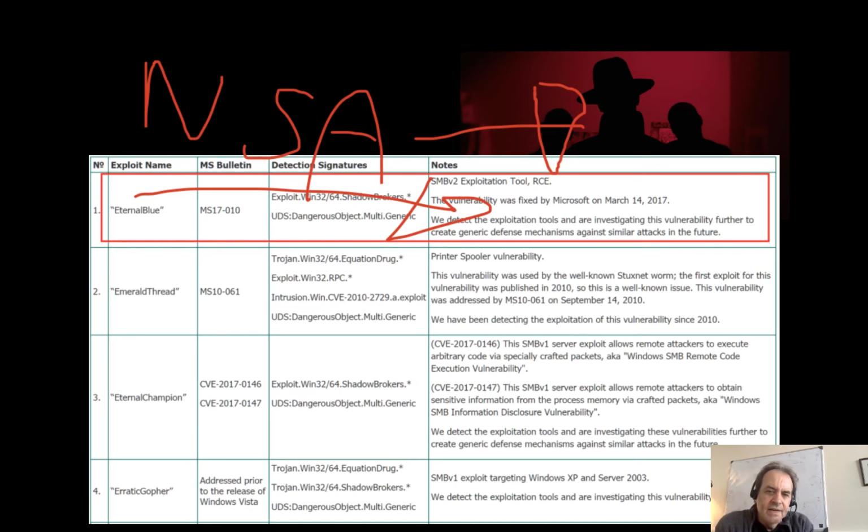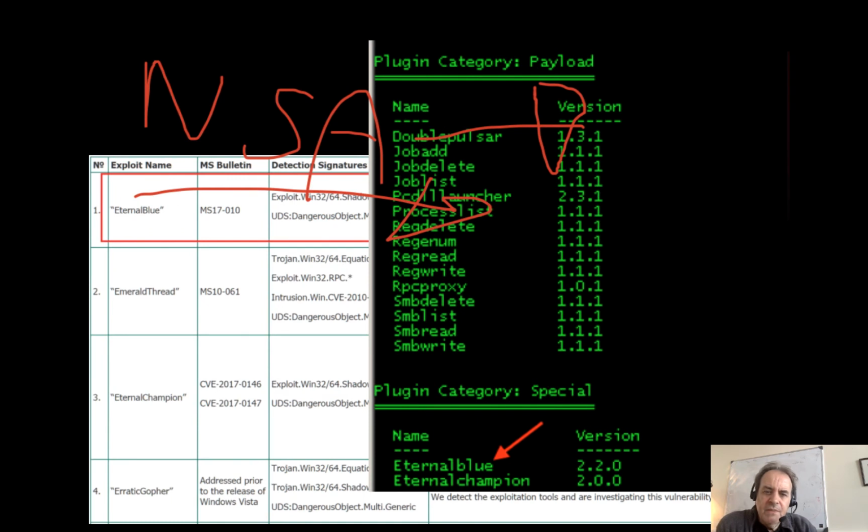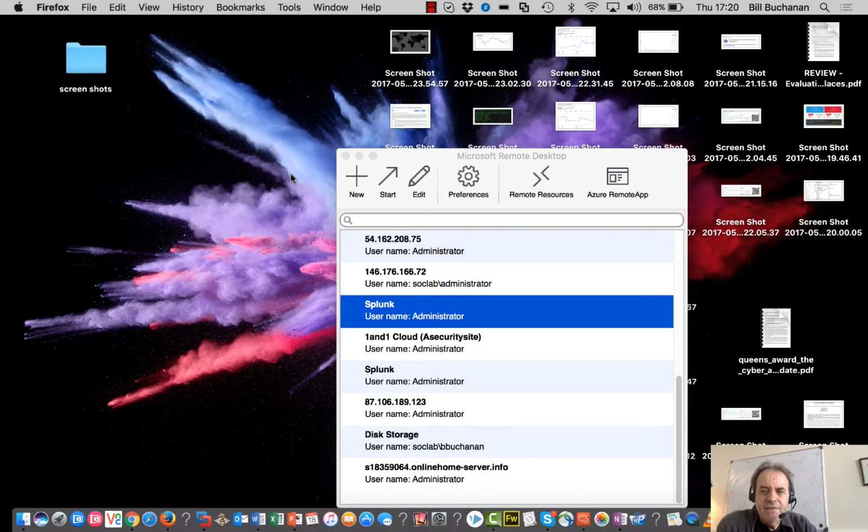WannaCry ransomware. And as part of this framework here, so this framework had a number of vulnerabilities in it, and it was used to be able to compromise network systems. But then it was released, and Microsoft released a vulnerability assessment for it. So WannaCrypter went live,